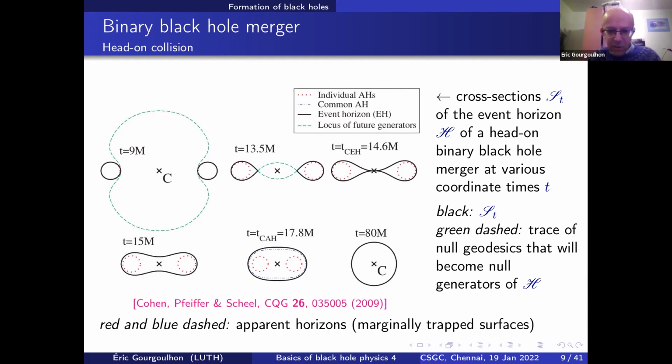Yes. I don't know exactly what your question is, but... No, I mean, what will be the change of the structure of this accretion disk and all these things. So yes, probably. In this process, you have huge tidal forces, so probably the accretion disks are completely disrupted. But I don't have in mind the final results in this. One should look at the recent literature, but for sure, people are computing this today, the evolution of accretion disks in binary black hole mergers.